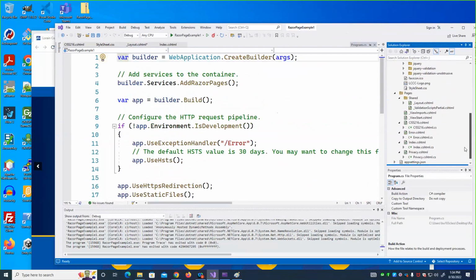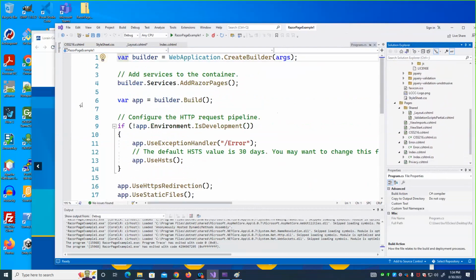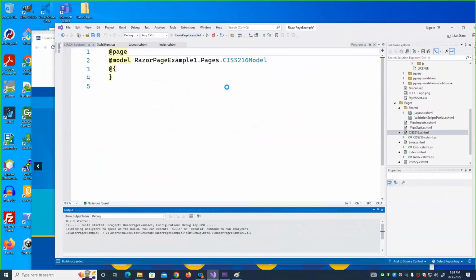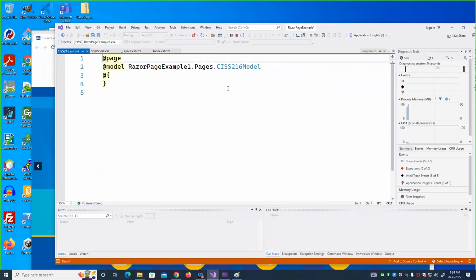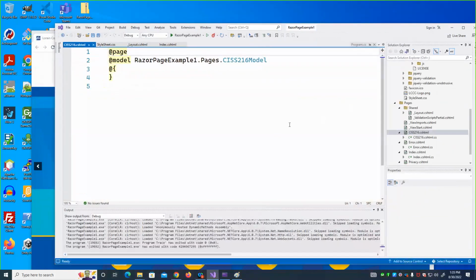Anyhow, there's a whole bunch of files, and as we need them, we'll look at them. There's actually a relationship that says that CISS 216 maps to the page CISS216.cshtml. So now let's run this and go to 216, and there we go. And of course, if we wanted to put something in that is unique to CISS216,